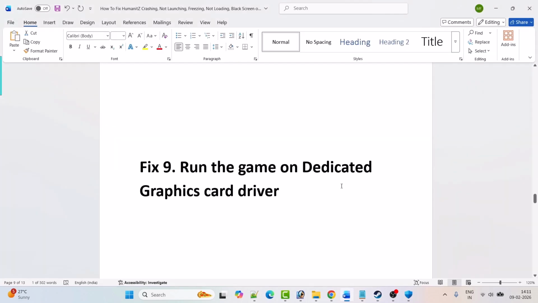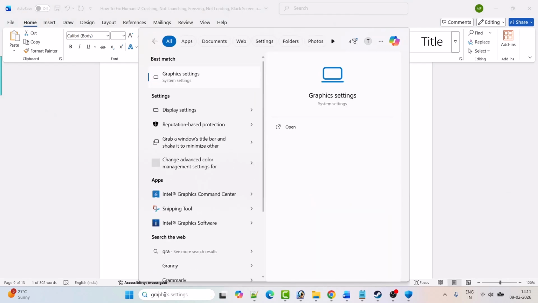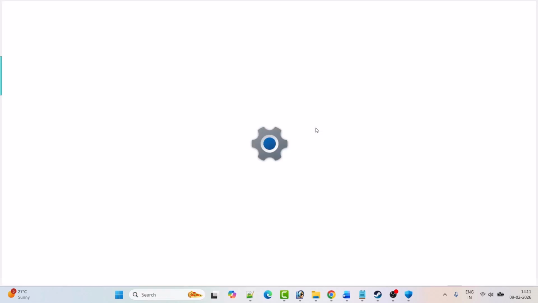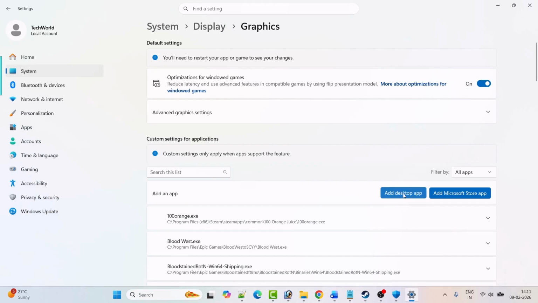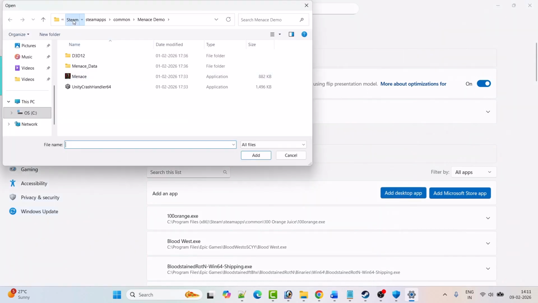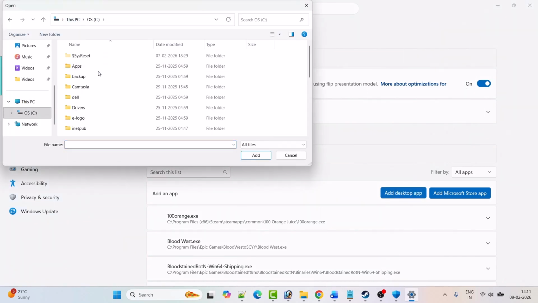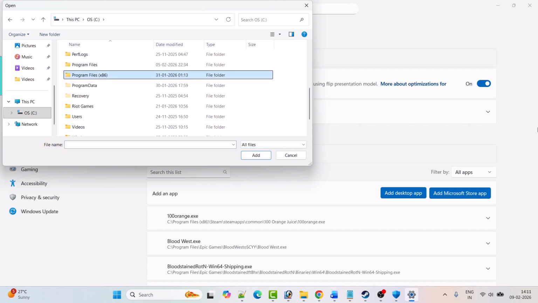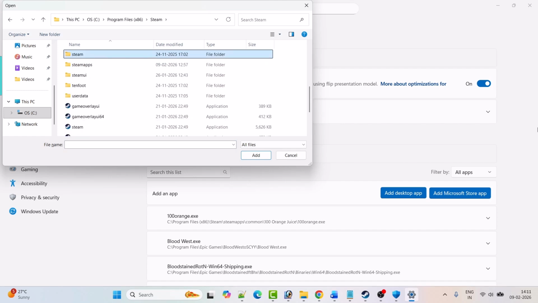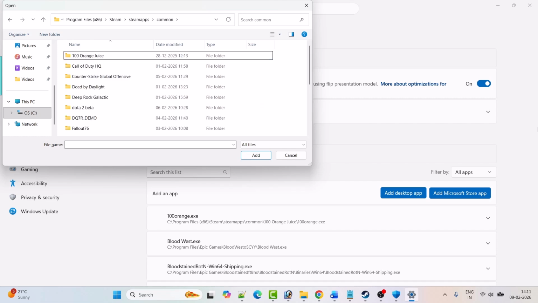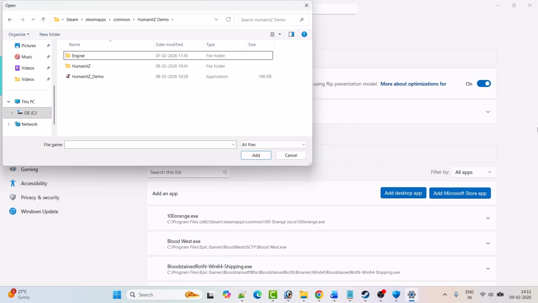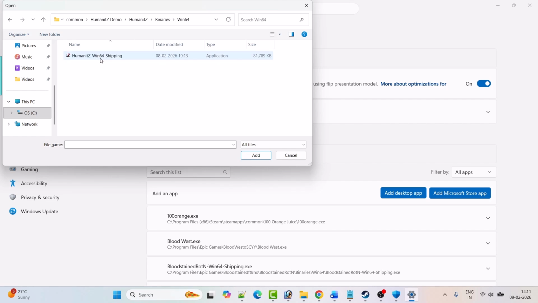Fix 9 is to run the game on the dedicated graphic card. So in Windows search, type graphic settings and open it. Click on add desktop app and then browse to the game installation folder. Open C drive, open Program Files x86 folder, open Steam folder, open steamapps folder, open common folder, open the HumanitZ game folder, again open the HumanitZ folder, binaries folder, Win64 folder, select this HumanitZ Win64 shipping exe file and